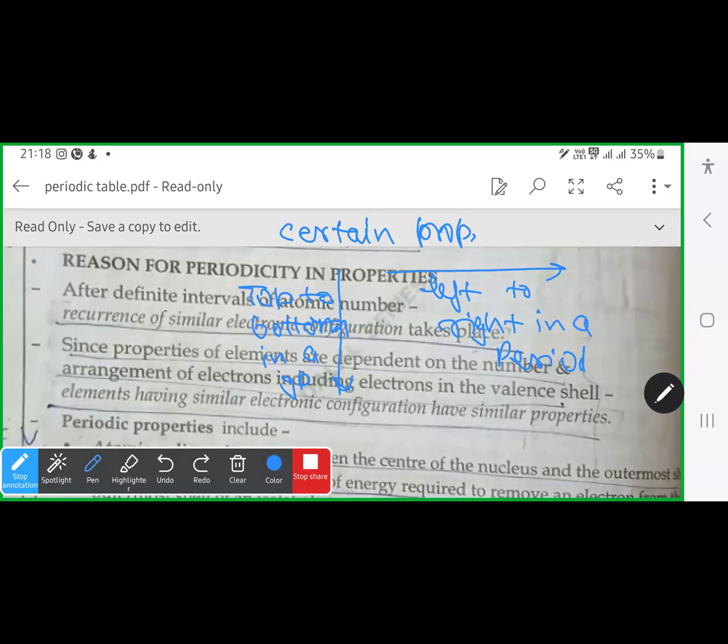Periodic properties are the properties which show a regular gradation, in bracket increase or decrease, when we move from top to bottom in a group or left to right. Please go slow. Okay. So just again, periodic properties are the properties